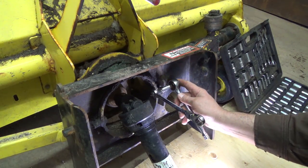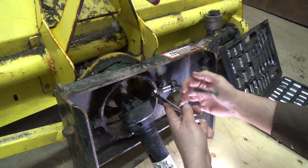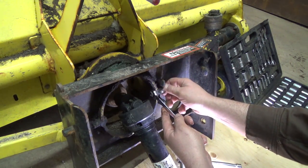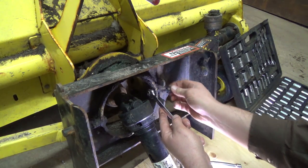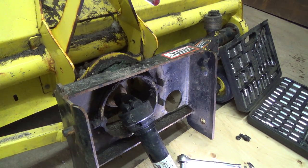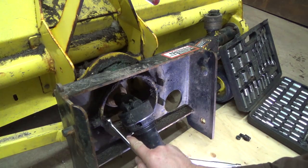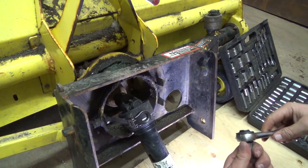Ratchet. And these are just little rollers in here. They're just supposed to roll up and down this little channel in here. So we'll have to clean all them up. It's funny because this thing was pretty good, like in pretty good shape. And I greased it like I normally do with maintenance. And the next time I went out, I noticed, what the heck, it's really hard to,